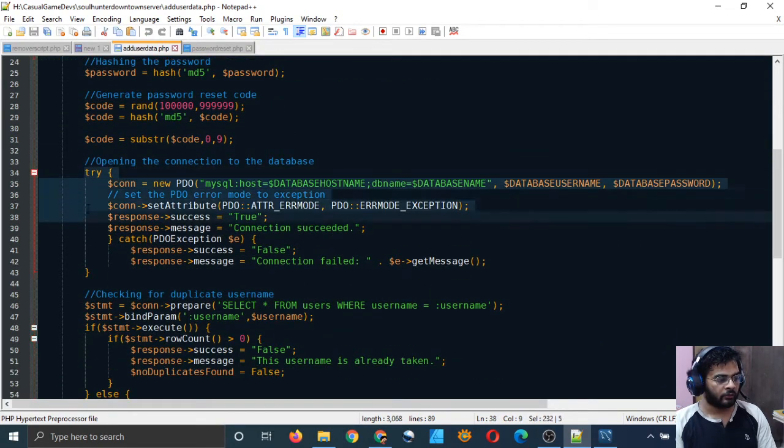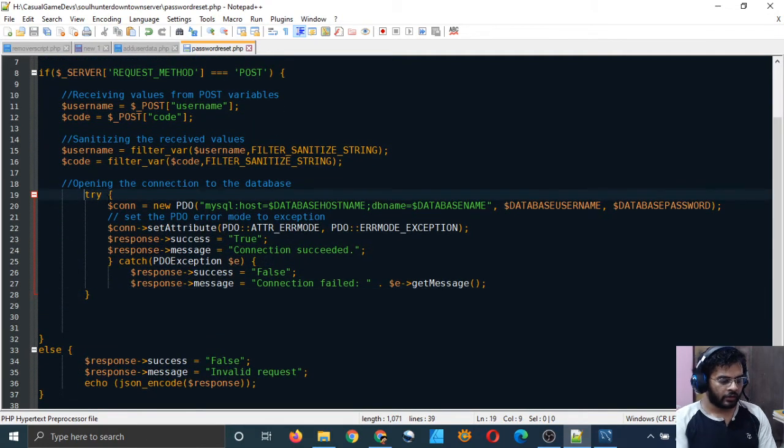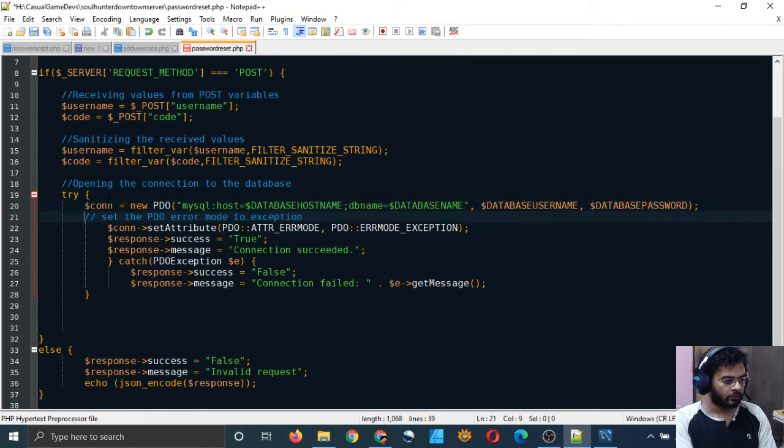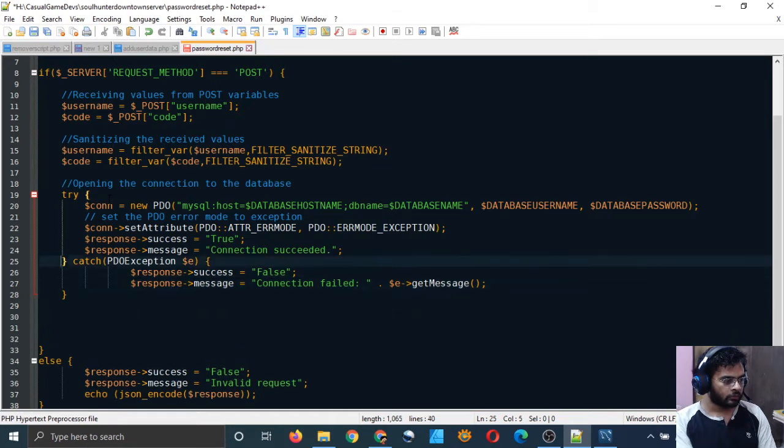After this we can simply open the connection to the database using this. Copy this and paste it and indent it properly, right? So this looks good. You can also do it this way. That looks okay, I guess.